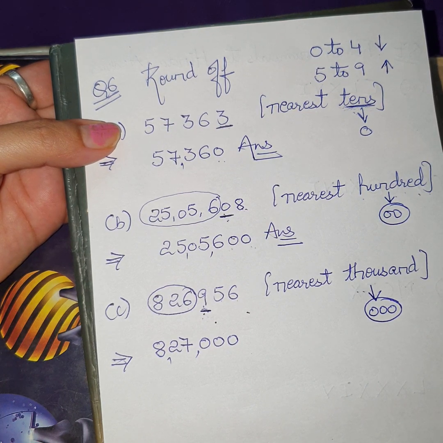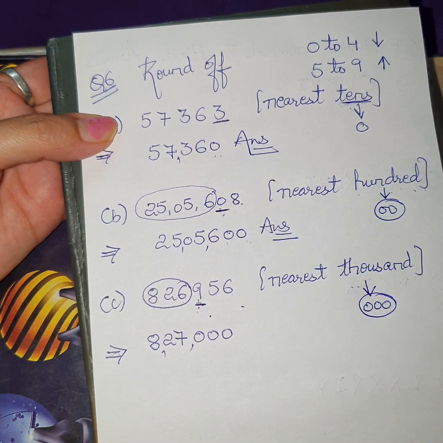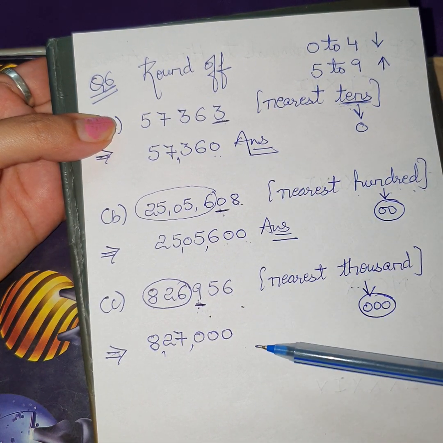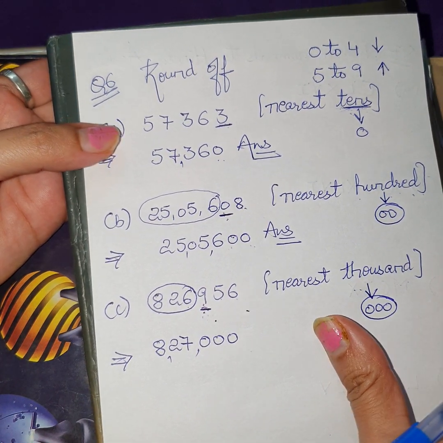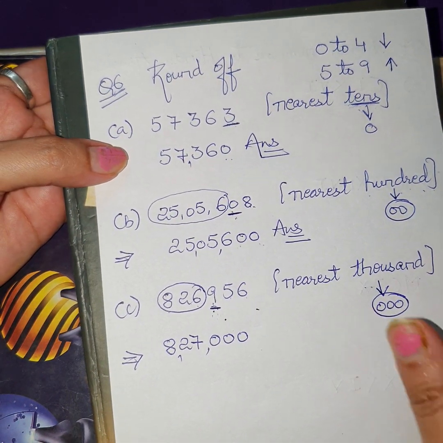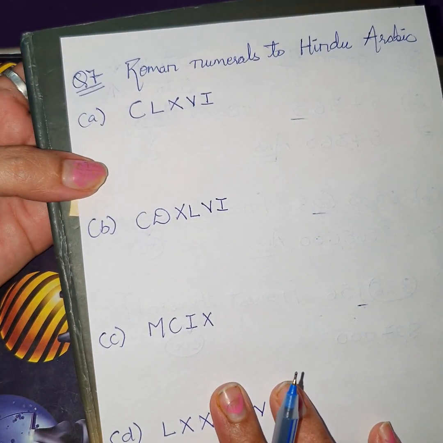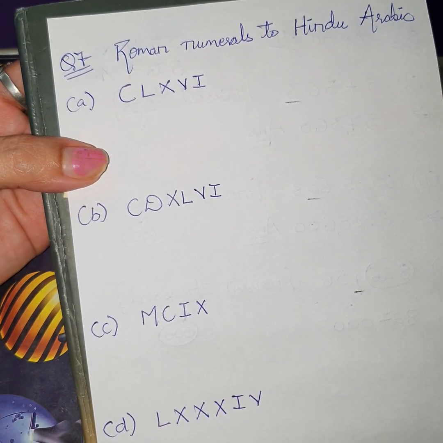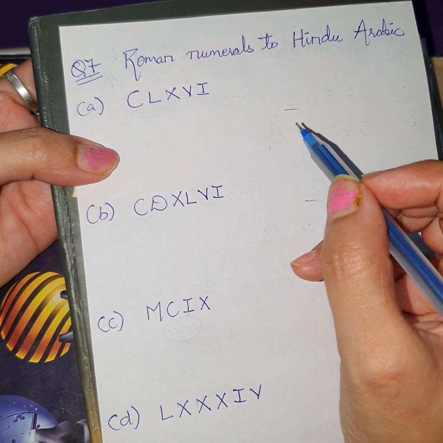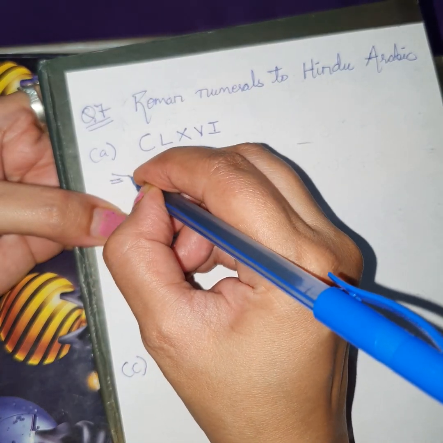But if any student is having doubt or confusion in rounding off, then for you people only I have explained it again. I hope now it is clear to those students also who have not understood it earlier. Fine, students? So finally, we have come to the last question of our revision session, which is to write the Hindu-Arabic numeral for these Roman numerals. See, students, how we will be writing it.